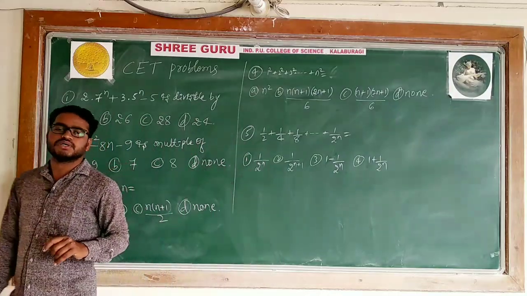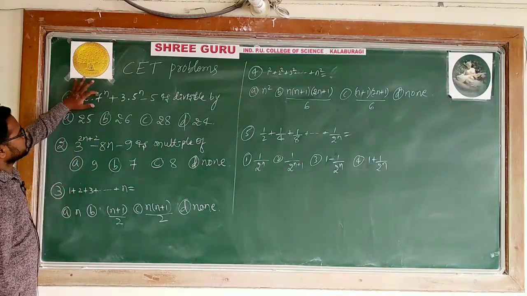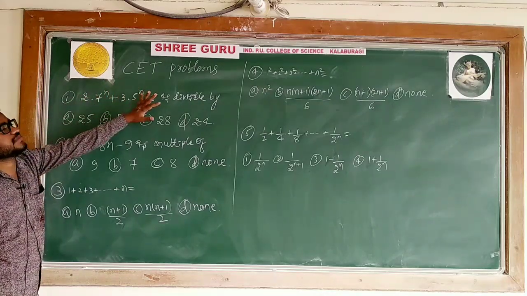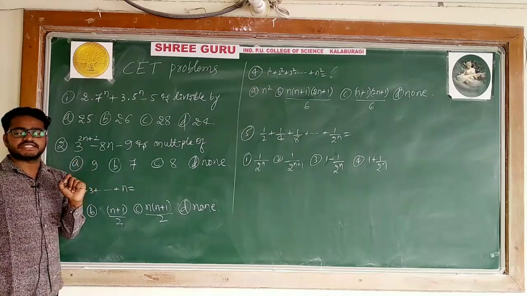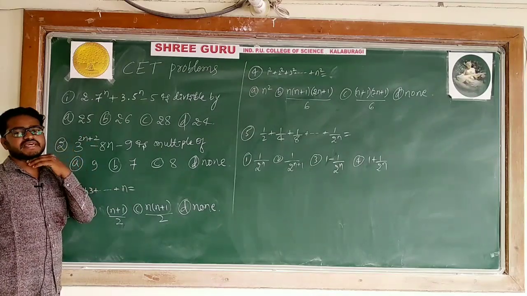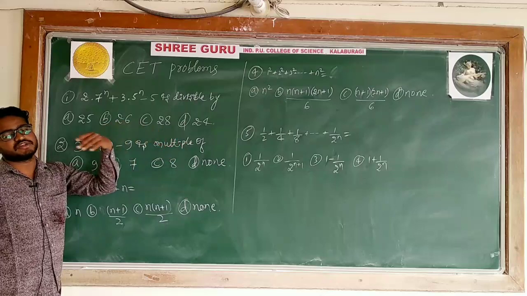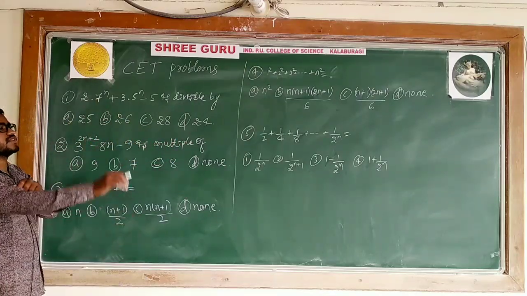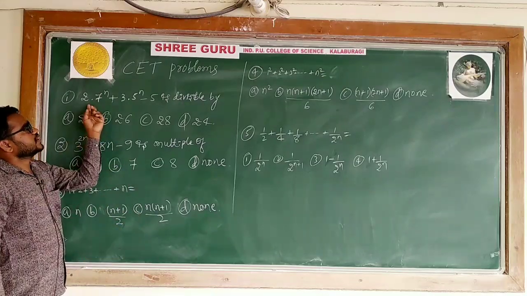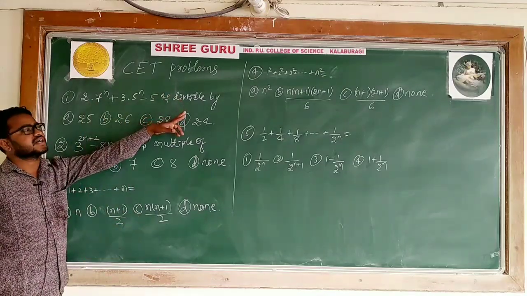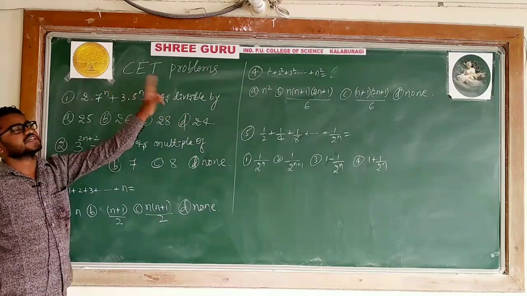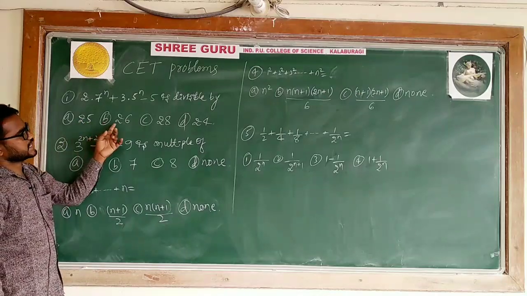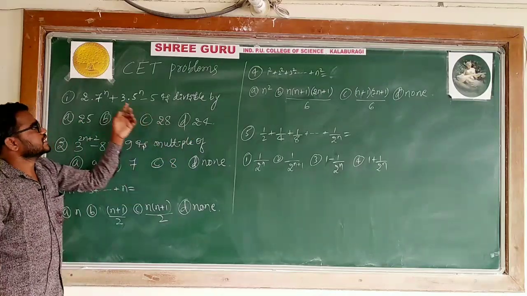What is the first problem? 2 into 7 to the power n plus 3 into 5 to the power n minus 5 is divisible by. So like the previous problem, in the case of theory we will simplify, means we will say divisible by something, he will give a number, we will go for n is equal to 1, n is equal to k, n is equal to k plus 1. But here it is not necessary, here I need only the result. When this is divisible by something, definitely that will be true for some particular number. It may be true for first, second, third, fourth. If you want to decide, take step 1.